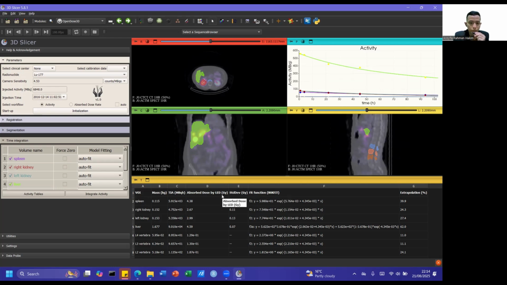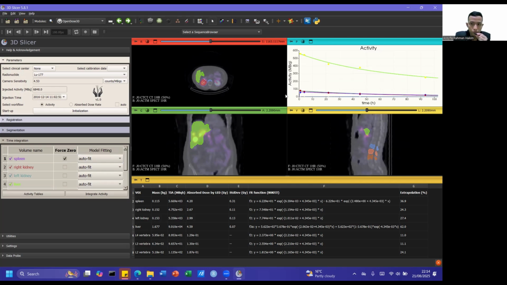By default, the fitting is performed automatically with a model selection mechanism using the fit workflow. But we can also select our desired function manually by clicking these options, and you can choose which functions you want. I will explain about this later. We can also limit the functions to only select the functions that satisfy the condition that the activity equals 0 when time is 0 by clicking this option.